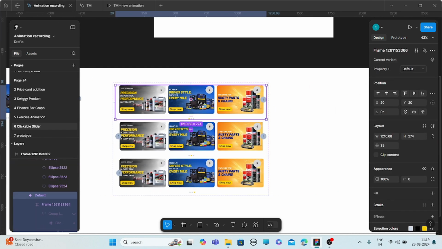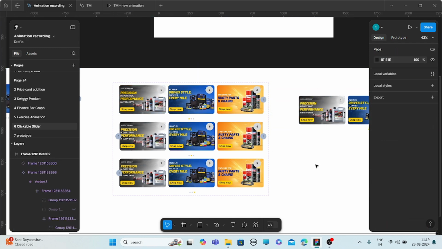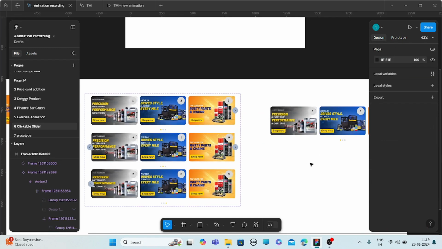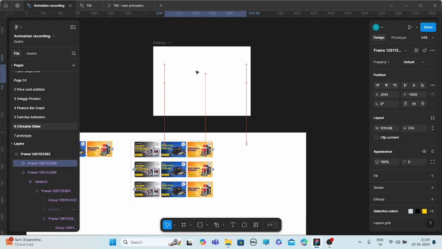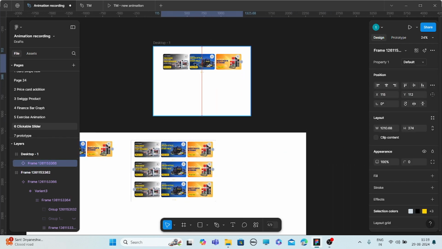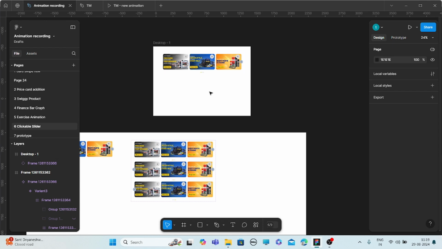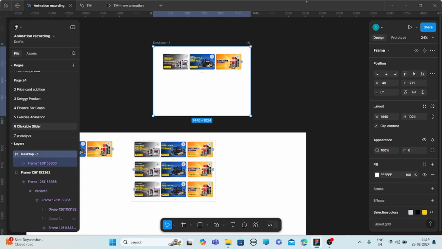Now we'll select the first variant and then take this variant, this desktop, and we'll run and see whether it is working properly or not.